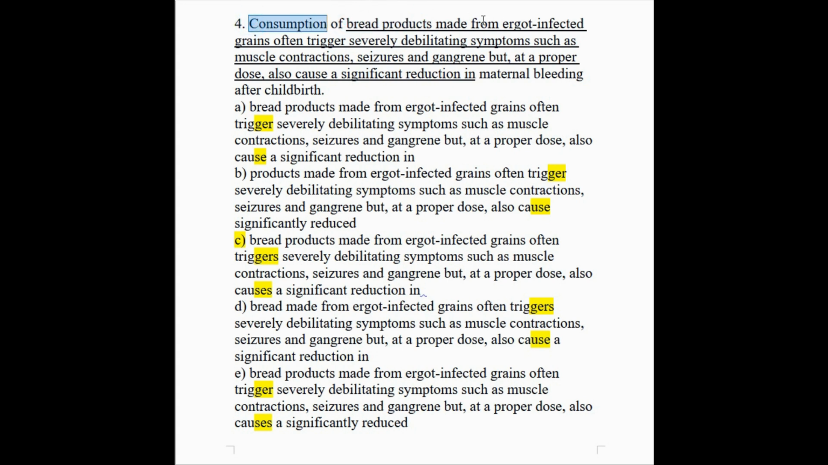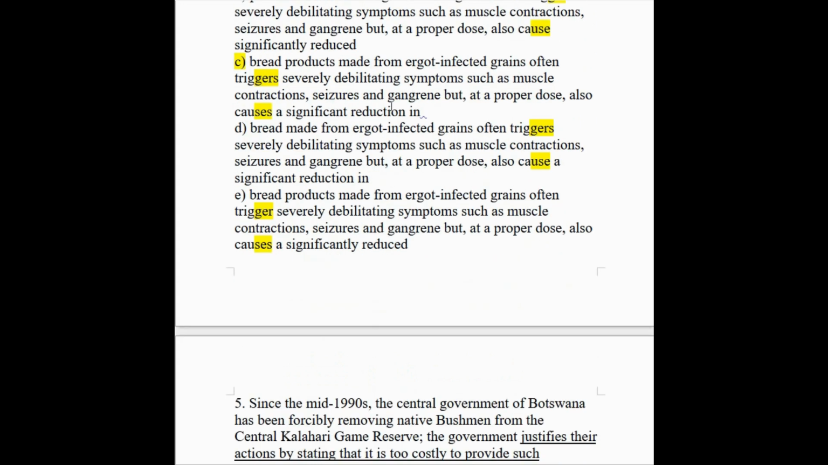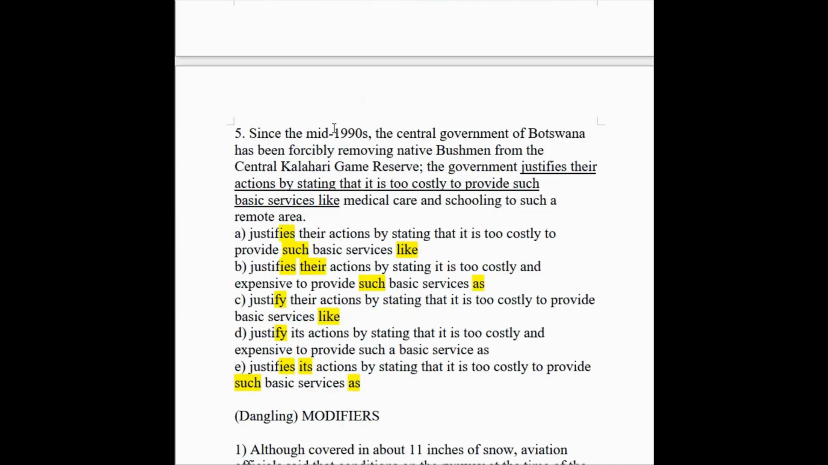Yeah, the bread products are made from ergot-infected grains, and it's the consumption of the bread products which causes and triggers these terrible things, or triggers the debilitating symptoms, but also causes a significant reduction in maternal bleeding. So yeah, C is correct here. I'll give it a Y for yes. Let's have a look now at number 5, and